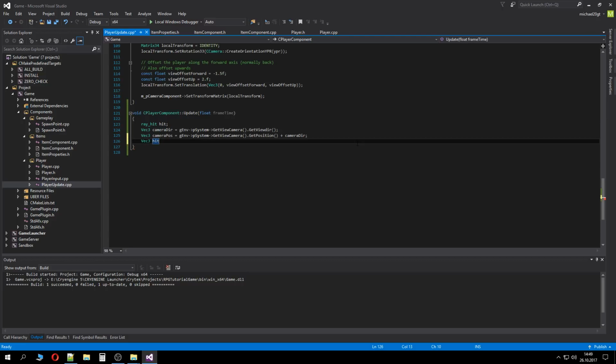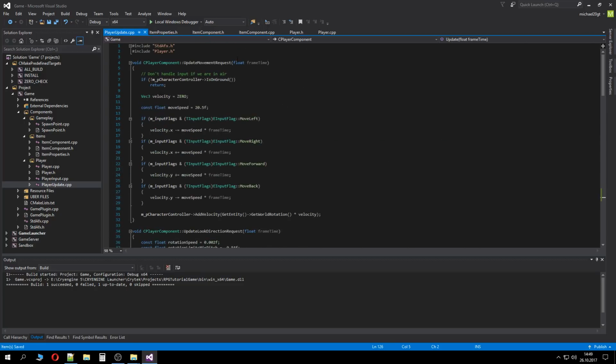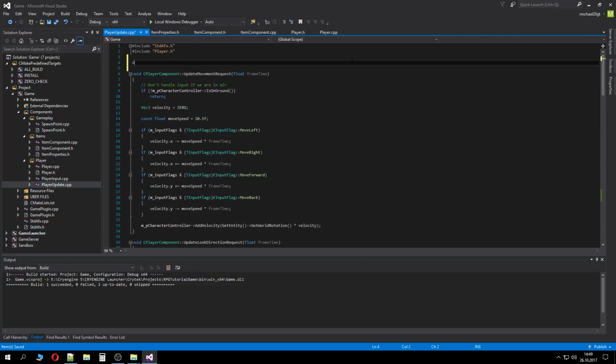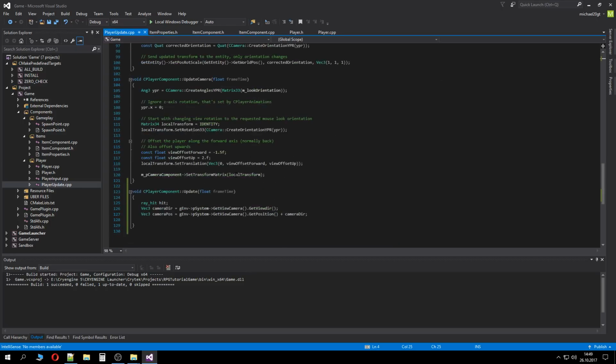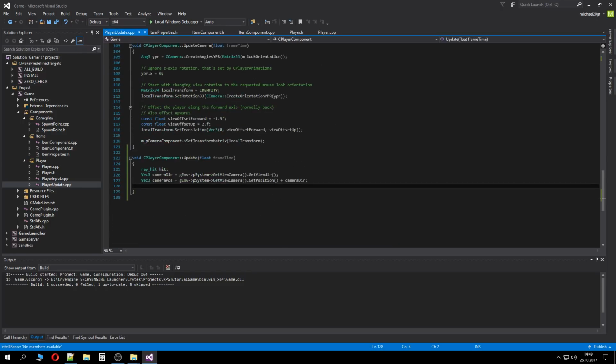Let's do. Oh no, actually we're gonna define a macro here. Let's call it pickup range, and it's gonna be like 3.f. And we're gonna use it here. Static constant